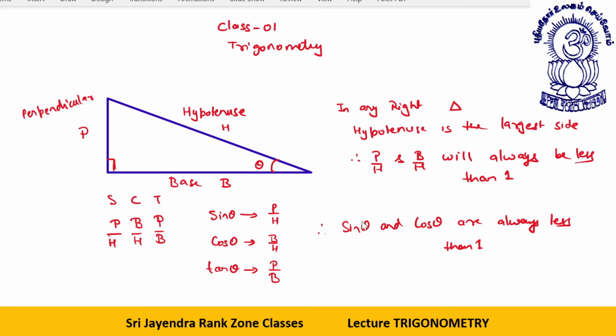Now I will come to the nomenclature part, where I was telling you how the remaining terms are named, on what basis they are named. See, this angle is theta, this angle is 90 minus theta.